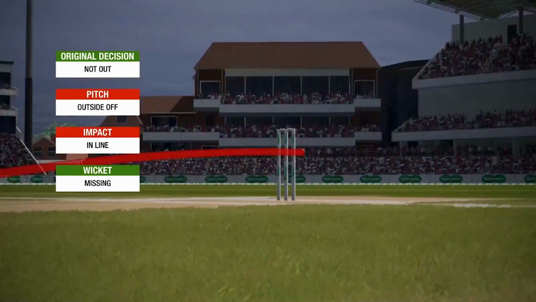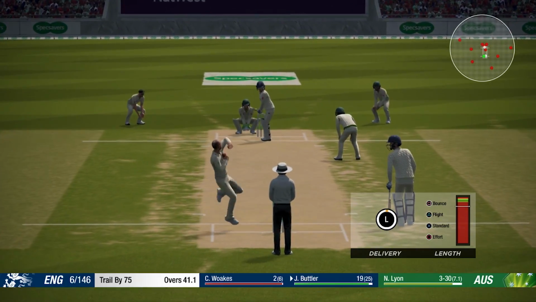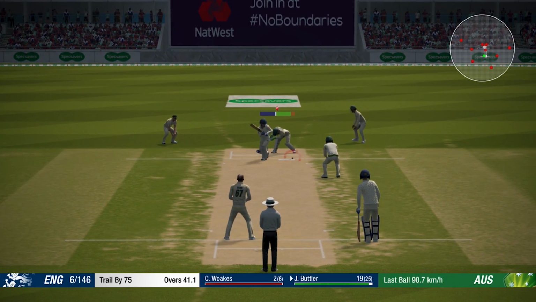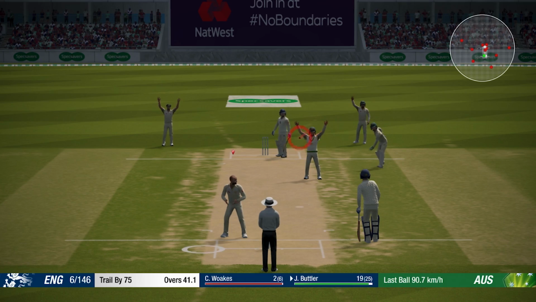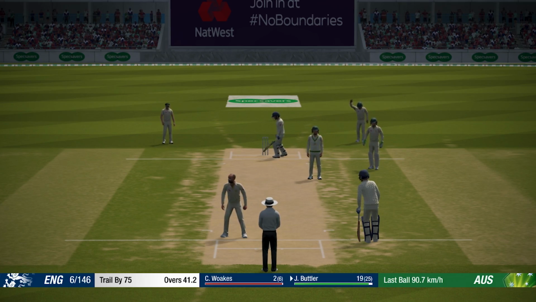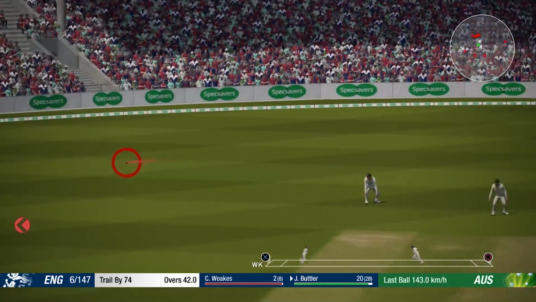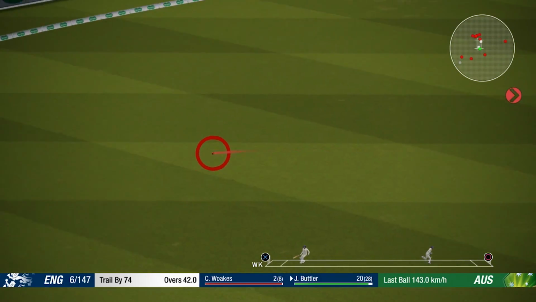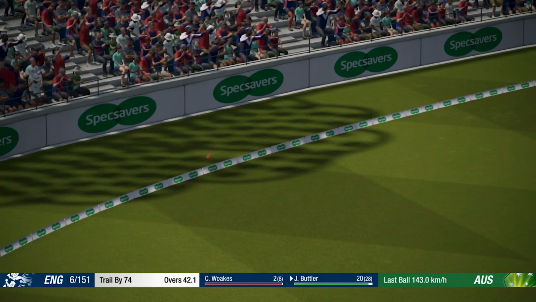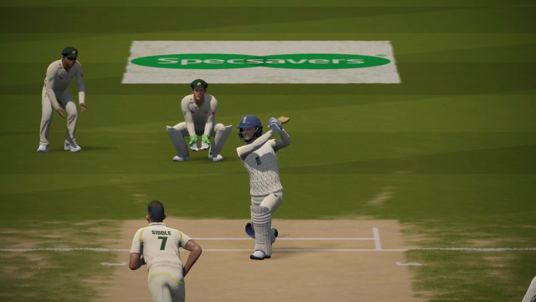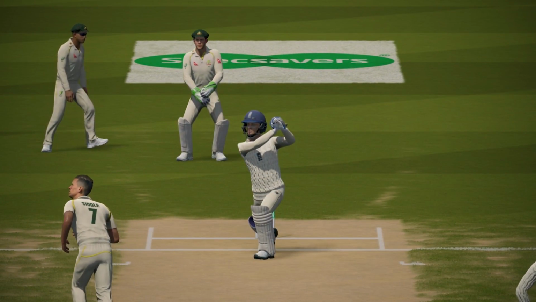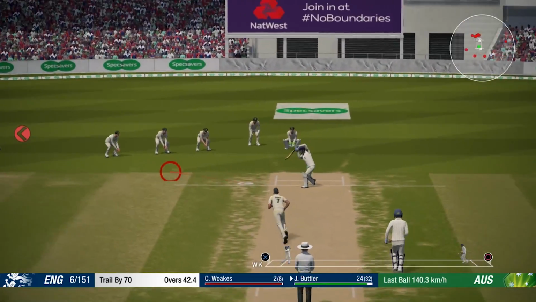A lot of turn here for Nathan Lyon, who hasn't really performed massively in this second innings as he's going for another shout here. Is it out? Not quite. Probably going down the leg side once again as Jos Buttler looks to increase the run rate with a quality shot here. And we just spoke about, I guess, Nathan Lyon's effectiveness in second innings. He's only taken 4 wickets across the 2 second innings of the opening 2 Test matches.